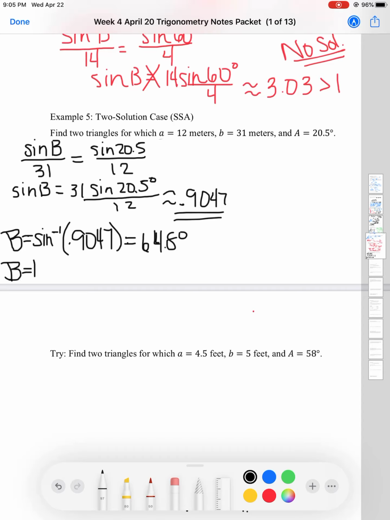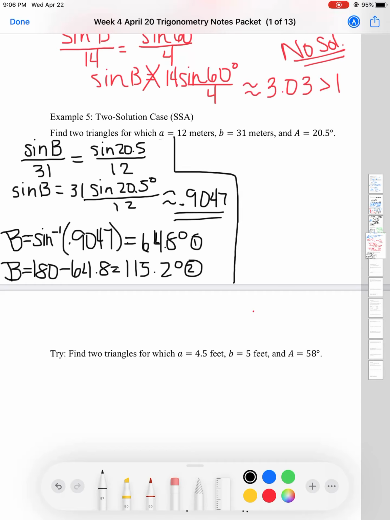Now, if we want the second quadrant angle, we have to subtract that from 180. So our other option is 115.2 degrees. So these are our two options. So we've got two options for B. That means we've got two options for angle C, and that means we've got two options for side c,